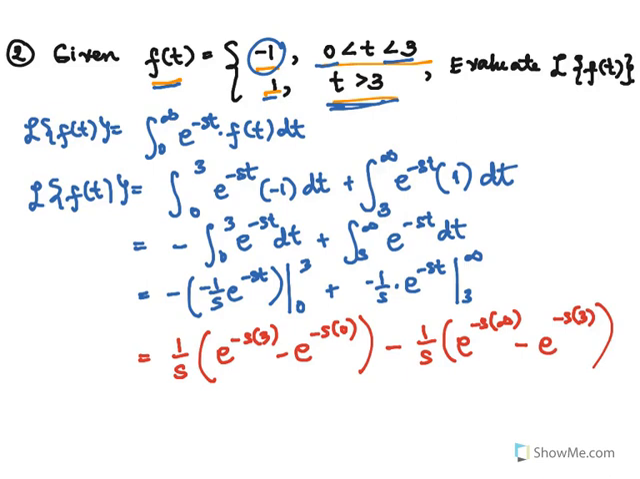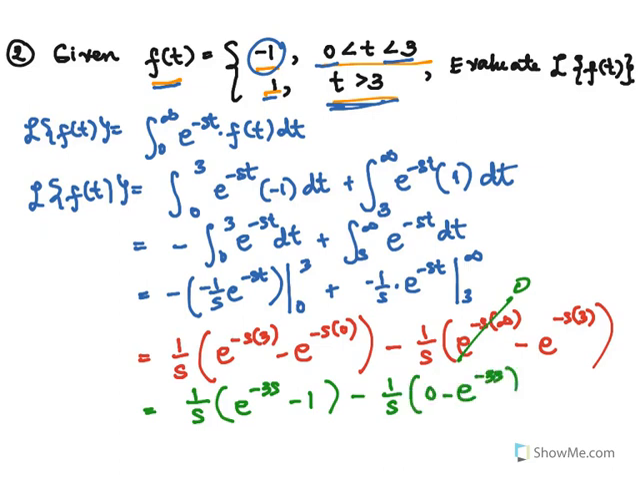Simplifying further, you have here 1 over s times e to the negative 3s minus 1, minus, again, as t approaches infinity, e to the negative st goes to 0. So you have here 1 over s times 0 minus e to the negative 3s. Combining like terms, we have here 1 over s, e to the negative 3s, minus 1 over s, and then you have plus 1 over s,